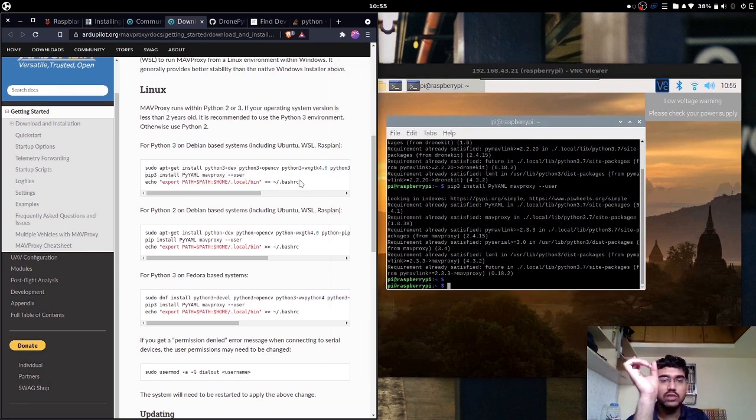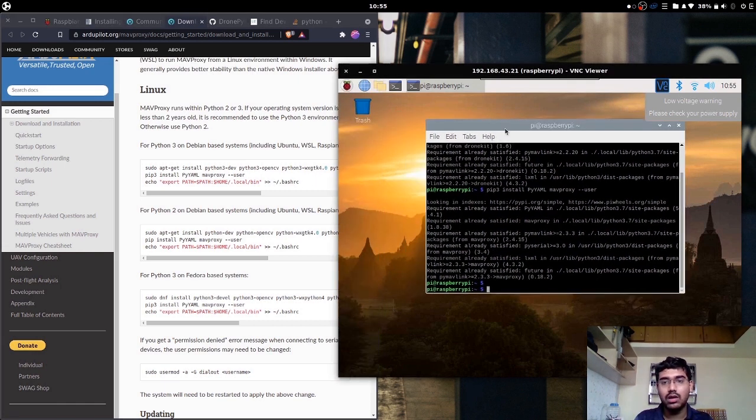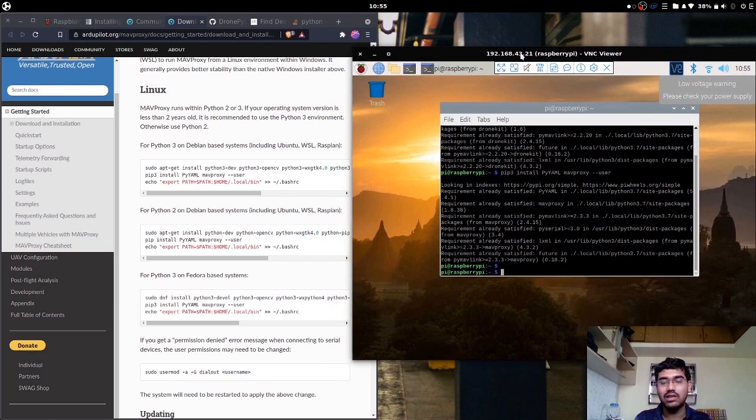Now this MAVProxy Python file is stored inside the local bin directory of your Ubuntu. So every time you want to run that script, you would have to export the path.